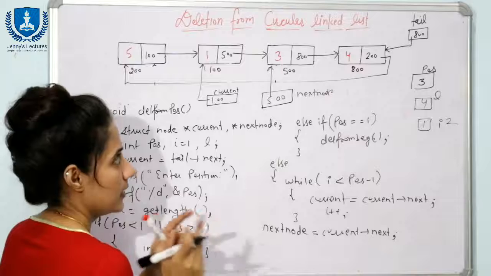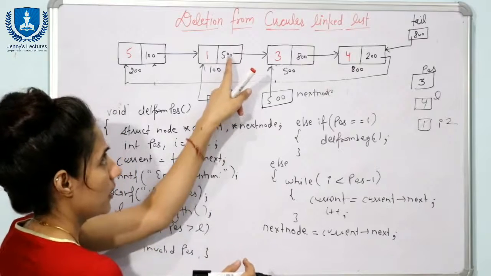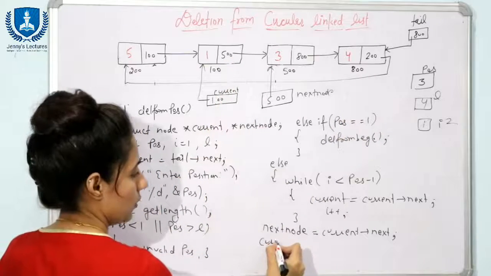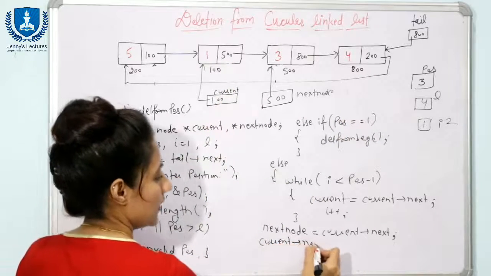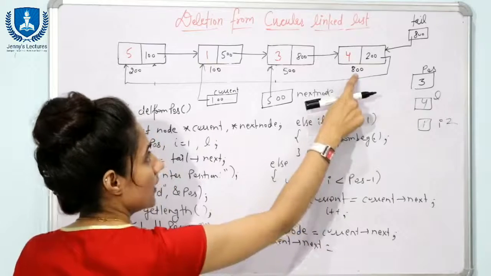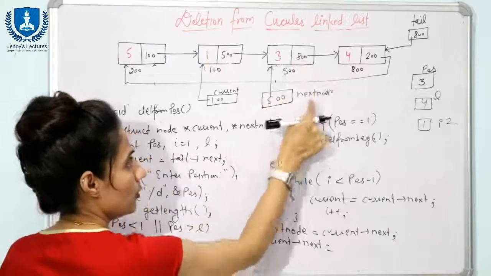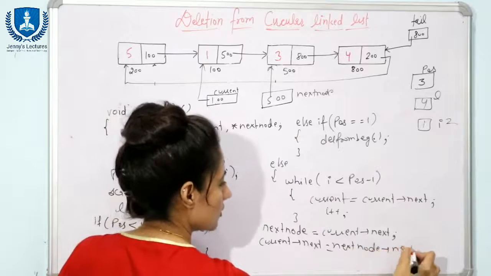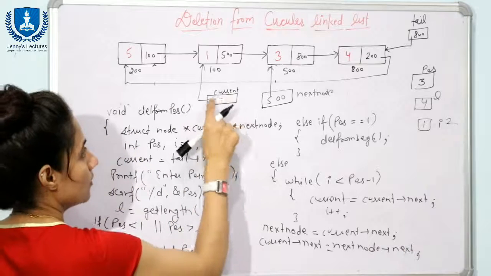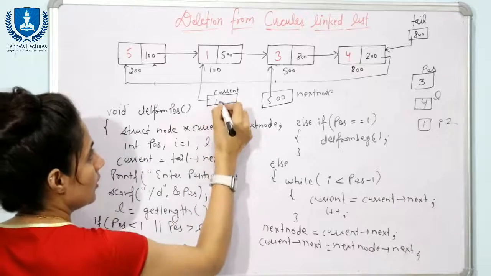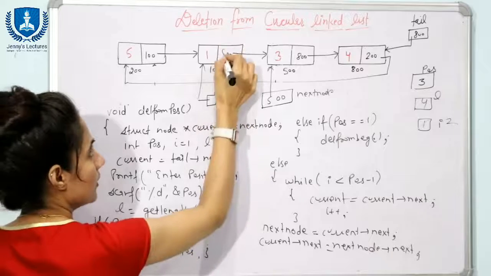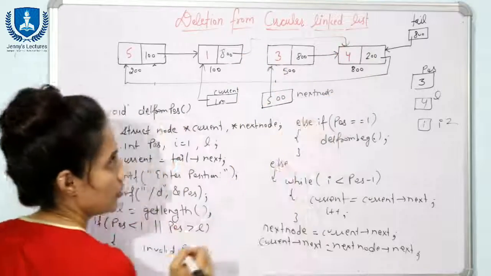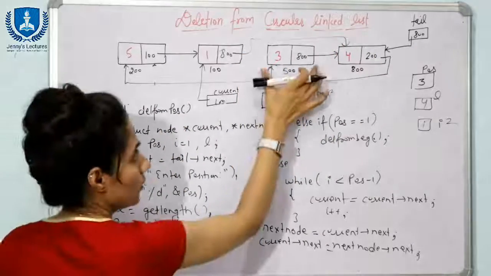Now we have set 2 pointers, and you can easily update the links. How can you access this part? Here I want to store this address, current of next. So here you will write current of next equal to, from where can I get 800 here? How can you access this node? We have already set a pointer, next node, next. So now here we have 800. Sorry, not in current of next, here I have 800. So now this link is no more and this pointer is pointing to this node directly, right? And now you can free this memory.